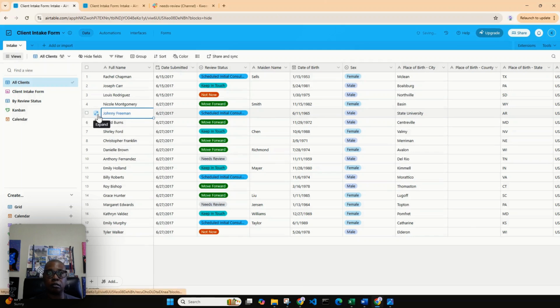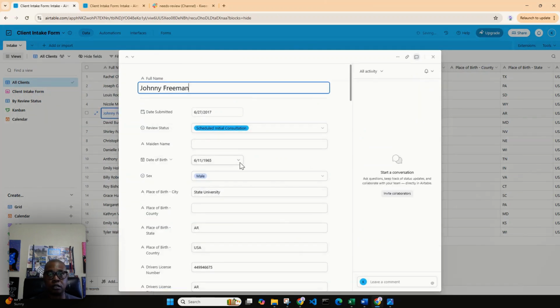Oh, hold on. Let me change it to, oh, let me see. I can't change date submitted. Okay. That's one thing that I'm going to have to do is, once the date they enter it in, you can't change the date submitted because that's when it was created. So what I'm going to do is I'll create a new record